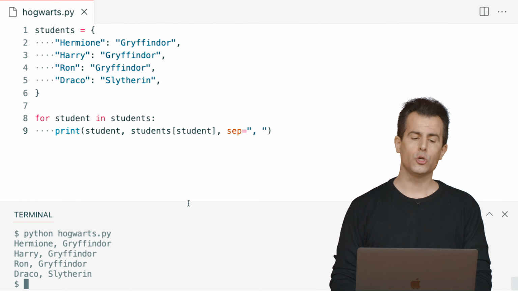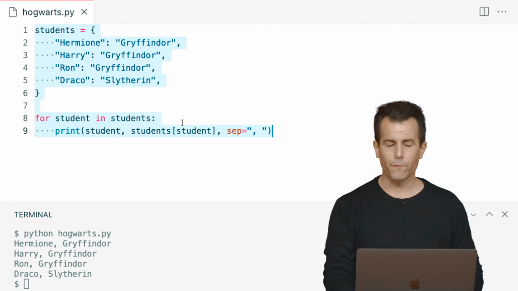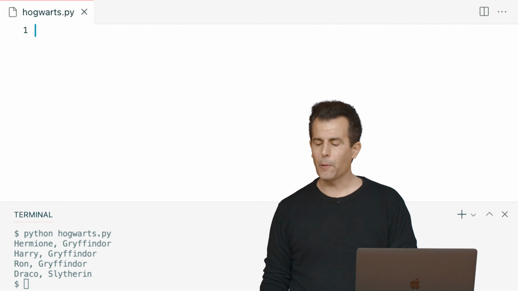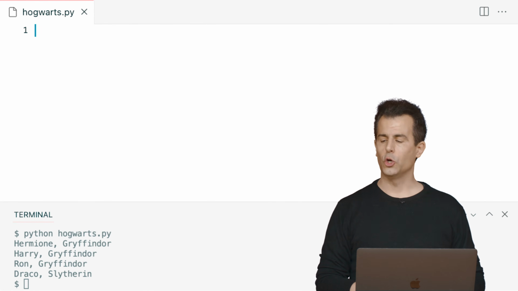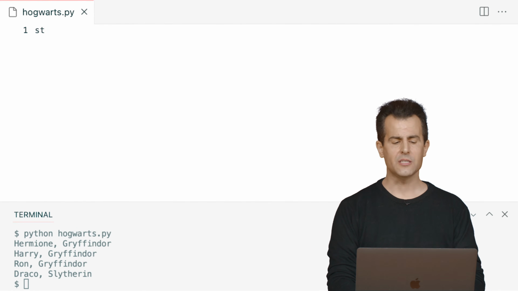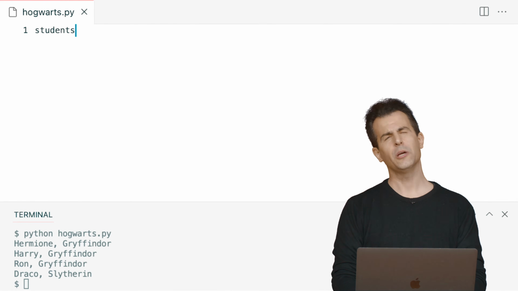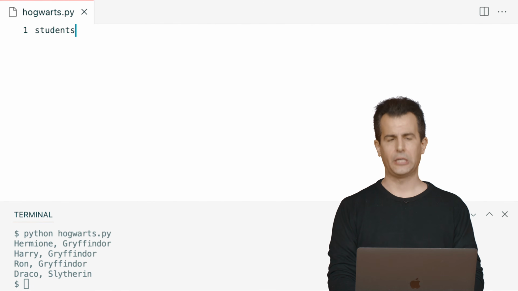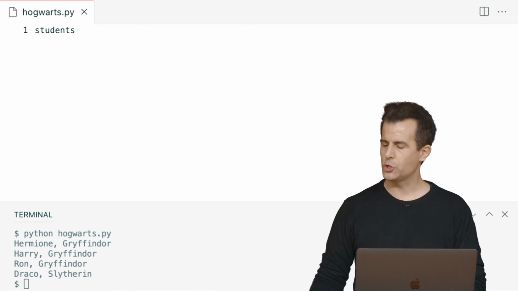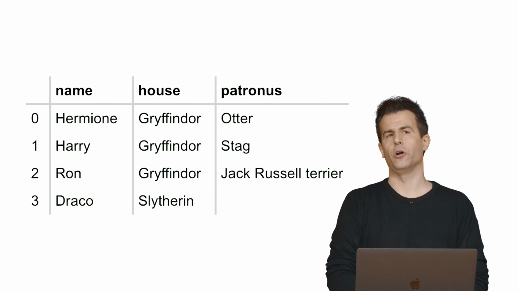Well, let me go back to Hogwarts.py, and let me start fresh for just a moment, and let me propose that I enhance this with a bit more data. And this data is going to look as follows. My students variable now, I'm going to propose we think of it as a list. What if we have a list of dictionaries as follows? Indeed, I want to literally implement this picture here.